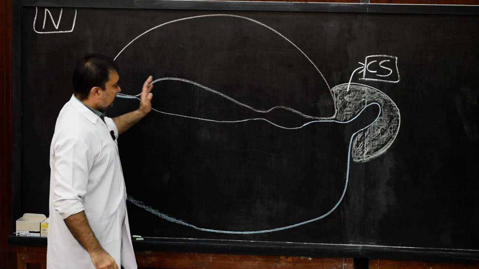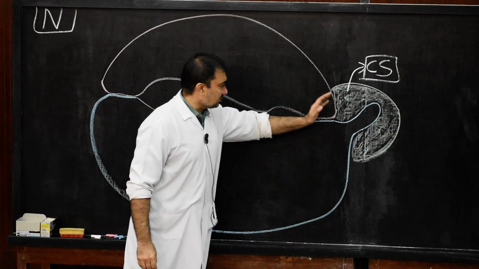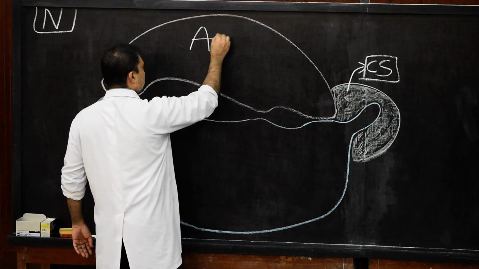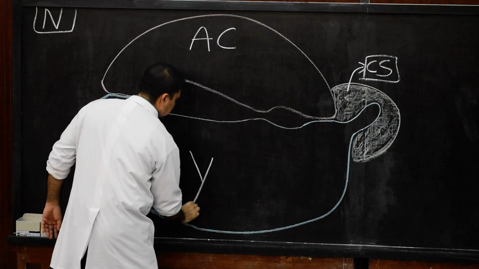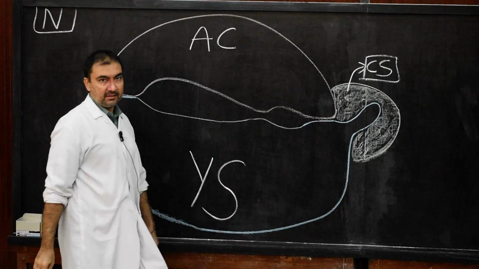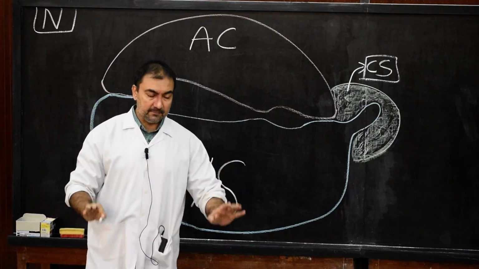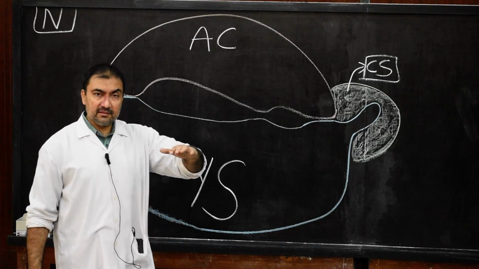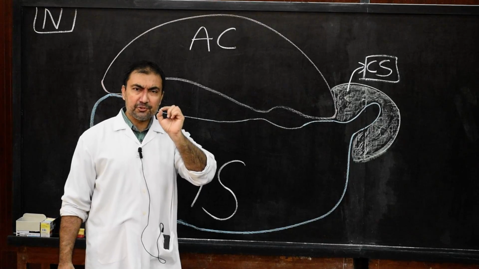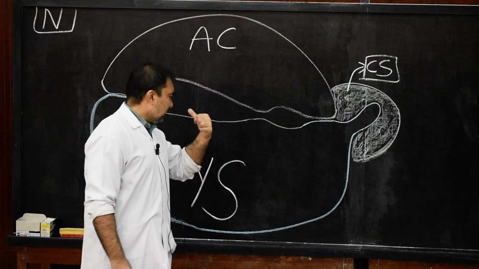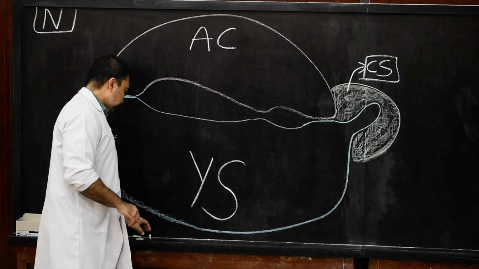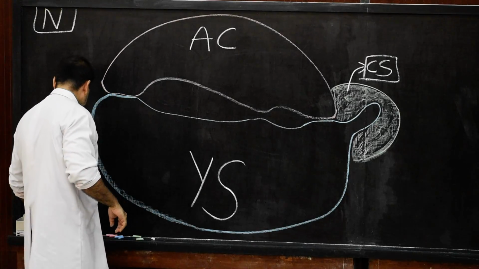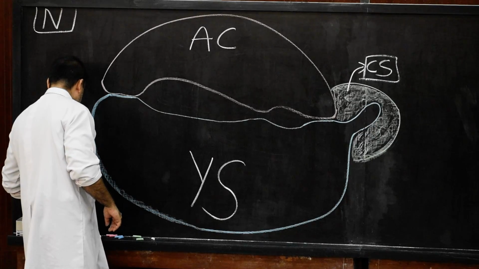This is the cranial end, that is cephalic end, and this is the caudal end and the tail end. Now here I will write down amniotic cavity, and here this will be known as yolk sac. Very simple, do not complicate. During the development of notochord, various stages are there, very interesting, and very short stages are there. Now here, before we start with stage 1, we will draw the